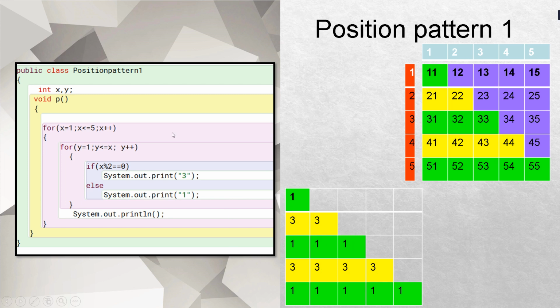So what we have done in the program over here is that I have taken an x and a y loop. In order to build this shape, I have used these kind of formations over here. x is equal to 1, x is less than equal to 5, x plus plus, y is equal to 1. y will start from 1 and it will move till x. In the first location only 1, in the second location 2 when x becomes 2, in the third location 3 when x becomes 3, in the fourth location 4 when x becomes 4.